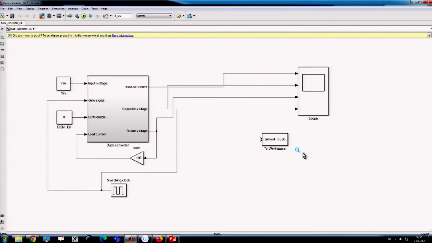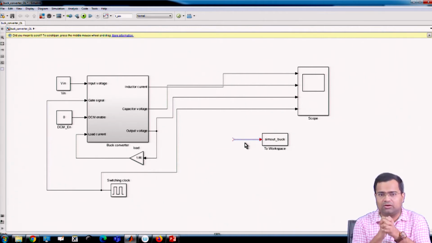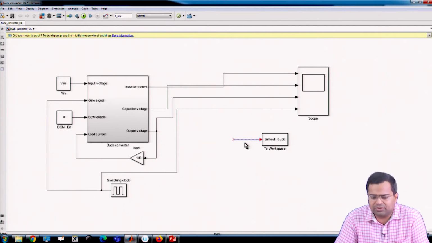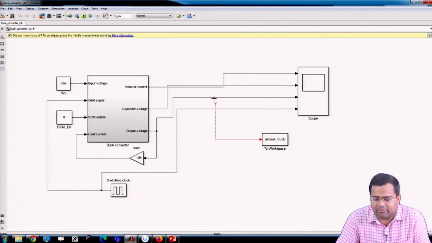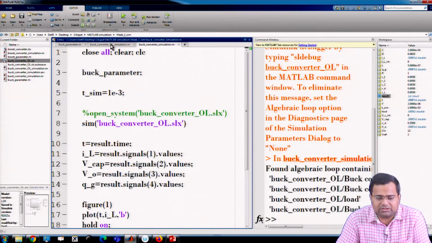Now, I can use simply buck, no problem, anything that you want, but it has only one input, whereas I need to take various signal data to the workspace. So, that means do you need multiple such sim out blocks, or can we use a vector input for the sim out? That is possible. So, let us say we have only inductor current. So, this is my inductor current. Now, I am taking this to sim out and now I am just running it.